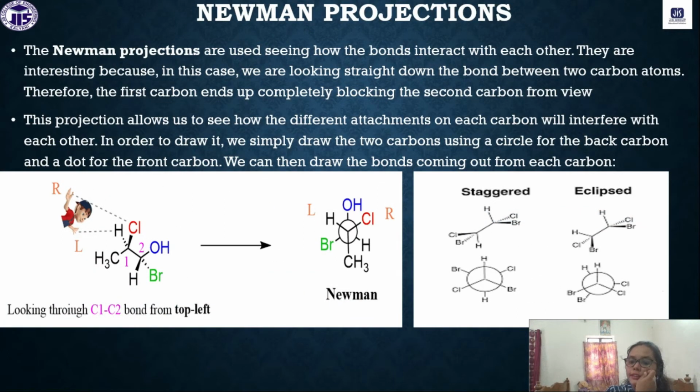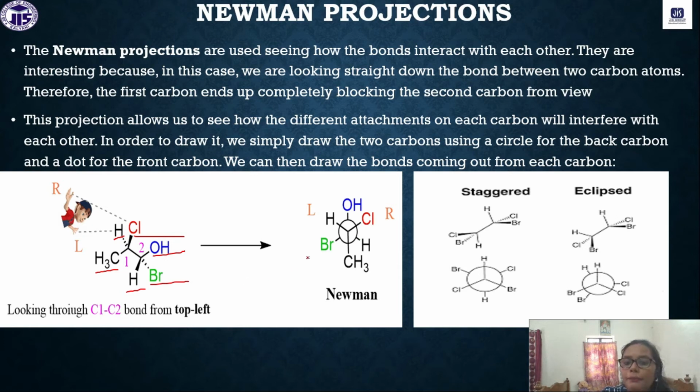Okay, now we will see what we mean by Newman projection. Generally, if we have this type of molecule, this is C1 carbon and this is C2 carbon. With the C1 carbon we have one methyl group, one chloride group and one hydrogen, and with the C2 carbon we have one hydroxyl group, one bromide and one hydrogen. Now if we see from this angle, this is your projection, in this angle you have to see the moiety.